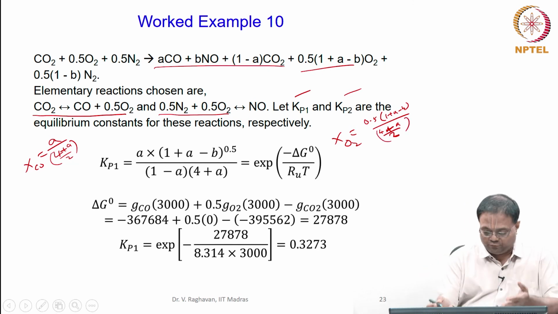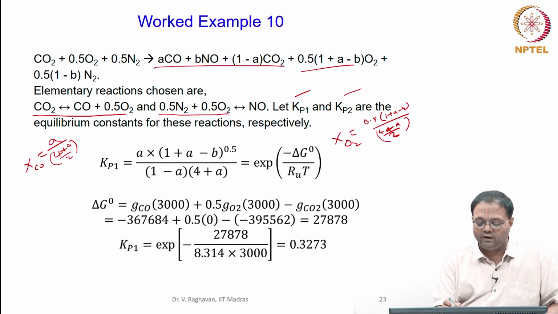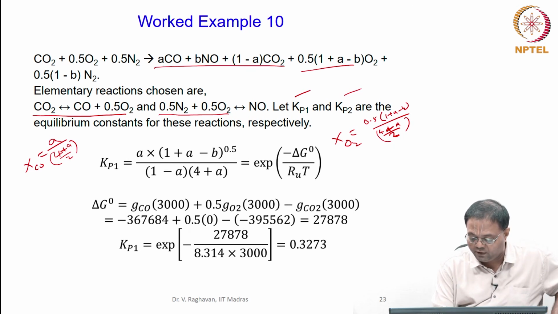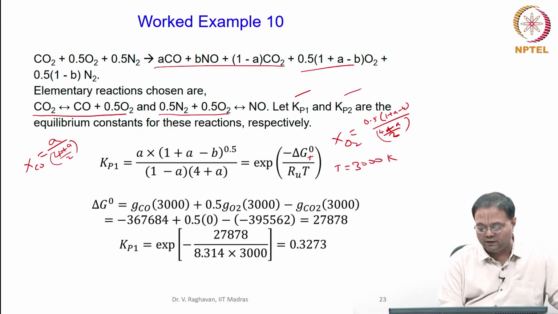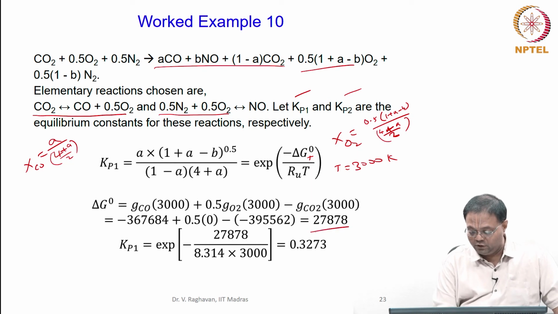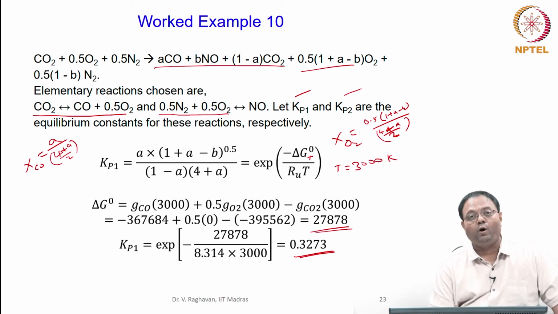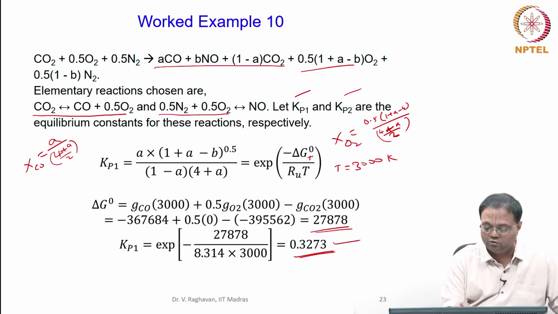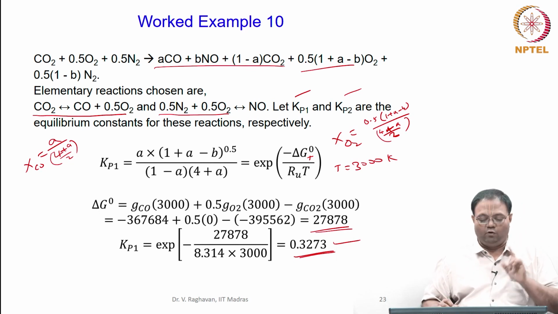Okay. So when you substitute all the mole fractions here, you will get this expression, that is equal to exponent of minus delta G by RT. This is actually at a particular temperature. So now here T equals 3000 Kelvin as per the problem. So I calculate delta G at 3000 Kelvin and get the value of this. So Kp is known. Once Kp is known, I form one equation, Kp1 equal to 0.3273 will be equal to this non-linear equation involving A and B. One equation I have got, a non-linear equation involving A and B.